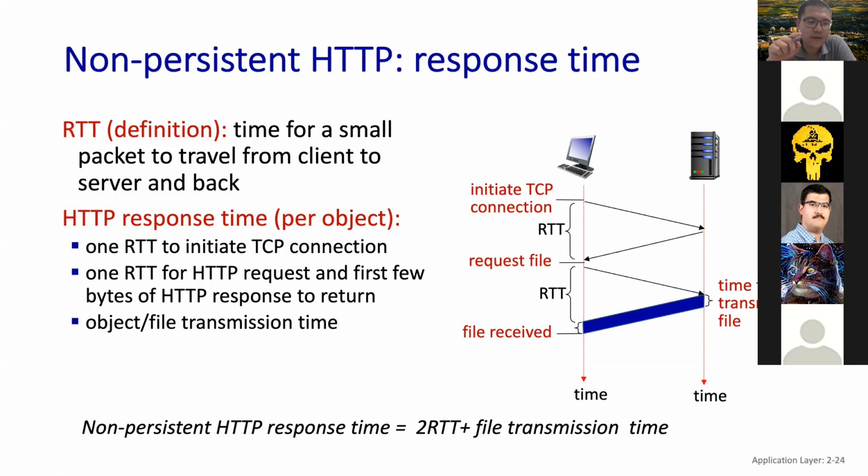We will talk about that later, but one round is one RTT. For non-persistent HTTP, you have to do 2 rounds, send and receive, along with the file transmission time. If we want to fetch one object, or say the capacity here is 10 objects, for one connection we have to establish the connection one time, and for another we have to establish it another time. So this is not very efficient.